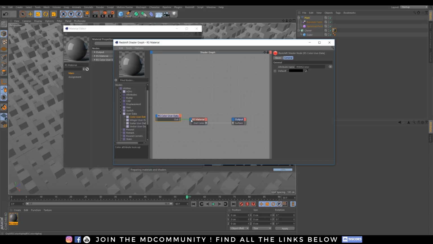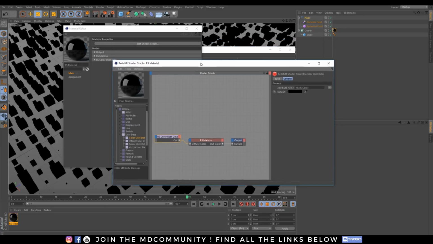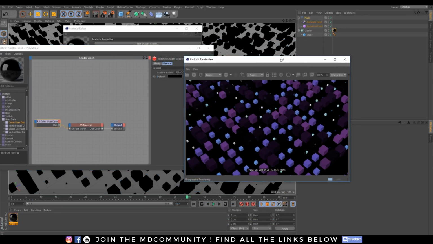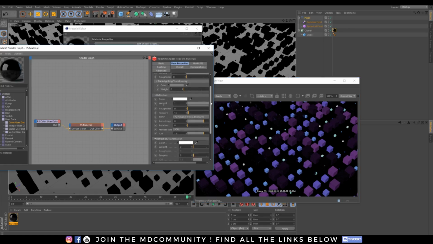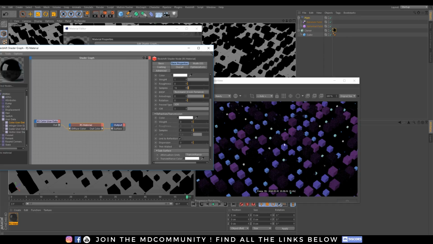If I set it in diffuse color right there, I will get back my color, and this is a Redshift shader, so I can play with everything, add glossiness, and it's really nice.